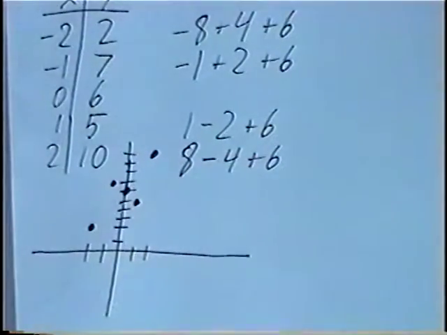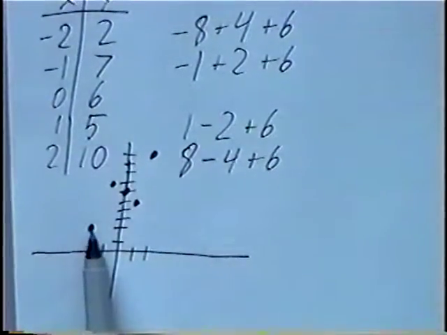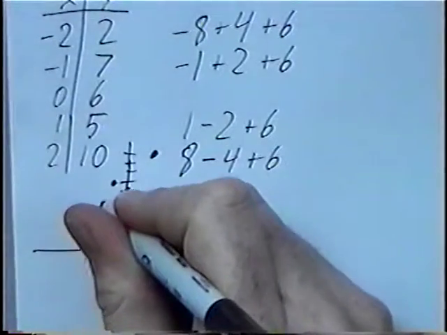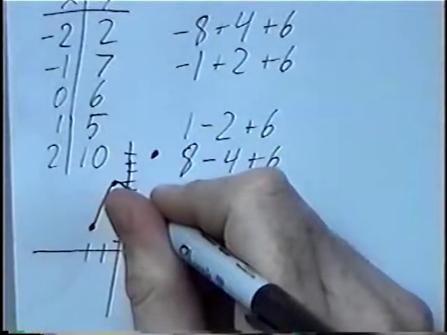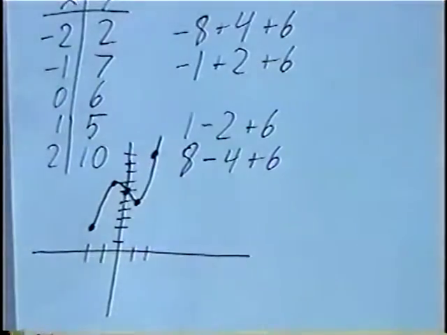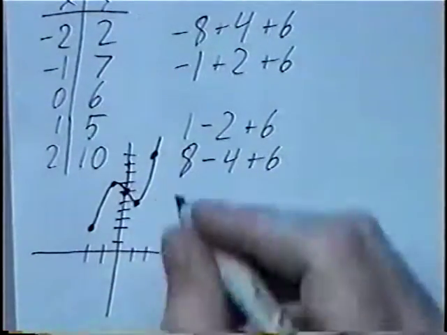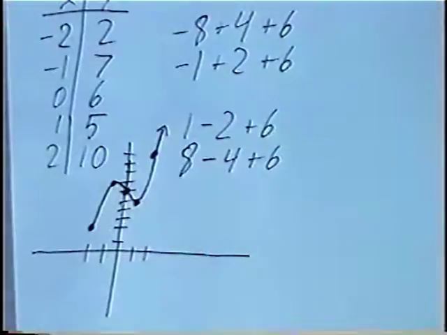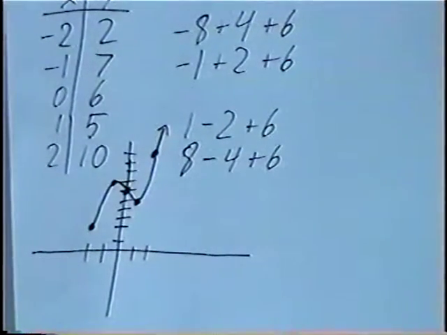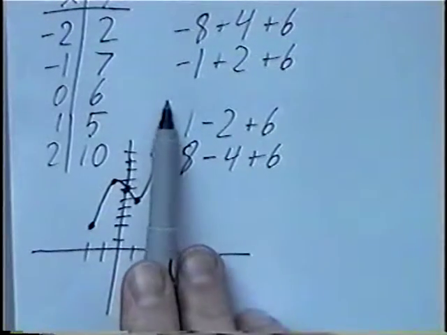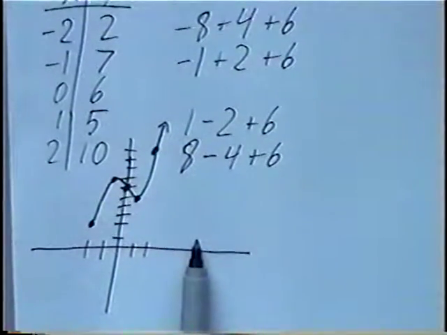So graphing the 5 points, we'll connect them in order from left to right that we graphed. And we'll get a shape that looks similar to the graph that we originally thought it would be, which is starting at the bottom left and going to the top right. To finish this graph, we want to find these zeros. The top right of the graph goes off to infinity, so there'll be no zeros on the right hand side,